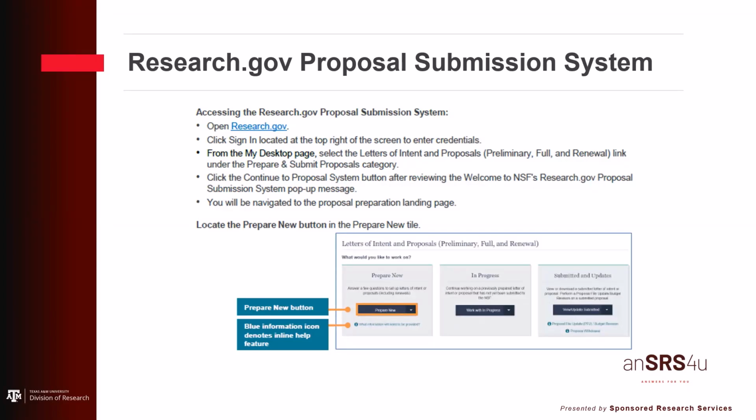Some of those options include a letter of intent, a preliminary proposal, a full proposal, a renewal proposal, and different kinds of renewal proposals. In this example, we're just going to select full proposal because that's what we see most often. It depends on what you're applying to and what specifically that opportunity or that call invites you to initiate. It will be pretty clear in the RFP how to submit a proposal if it varies from the standard procedure. But standard procedure, if you're preparing a new full proposal, click that button, hit the drop down, and select full